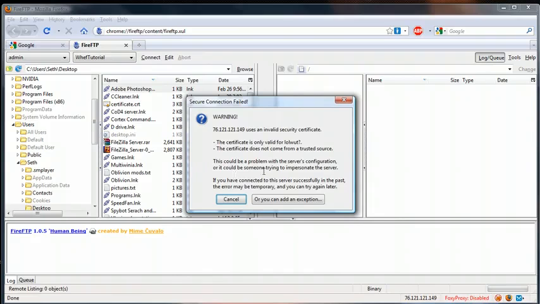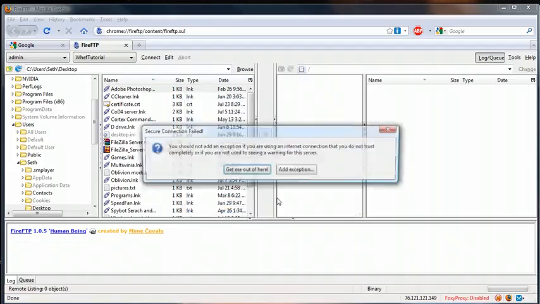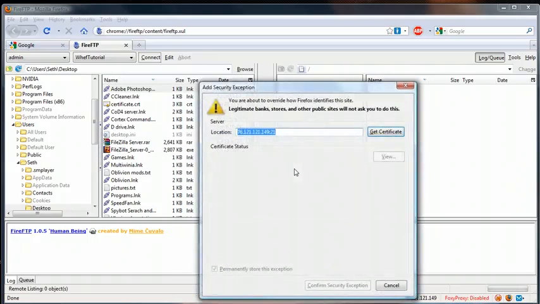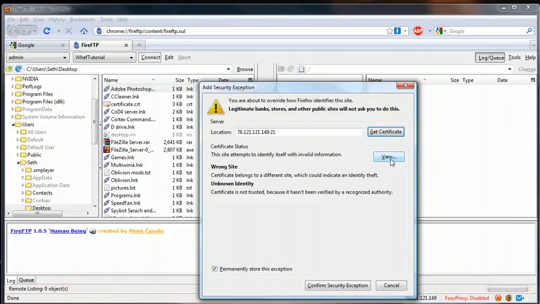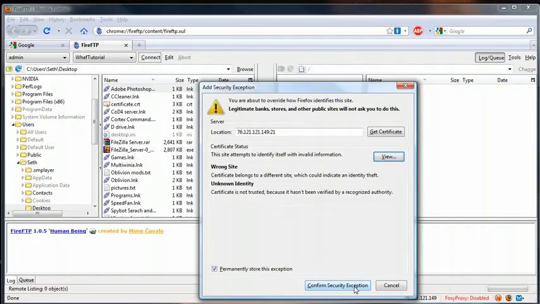Okay, now we're going to press connect, and this will appear up warning you about the certificate isn't recognized. This is expected because we generated our own certificate instead of buying one, which is like $6 a year or something. So you're going to have to add an exception, and keep in mind they can see everything you put in. So you may not want to put your